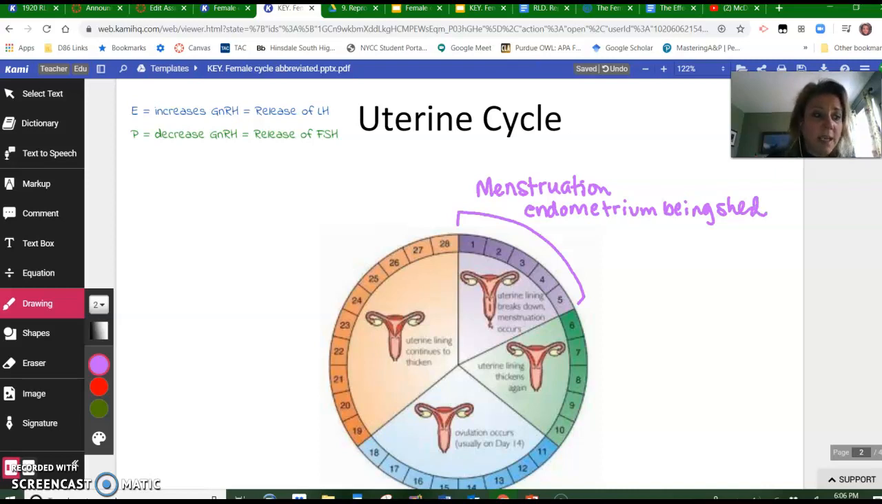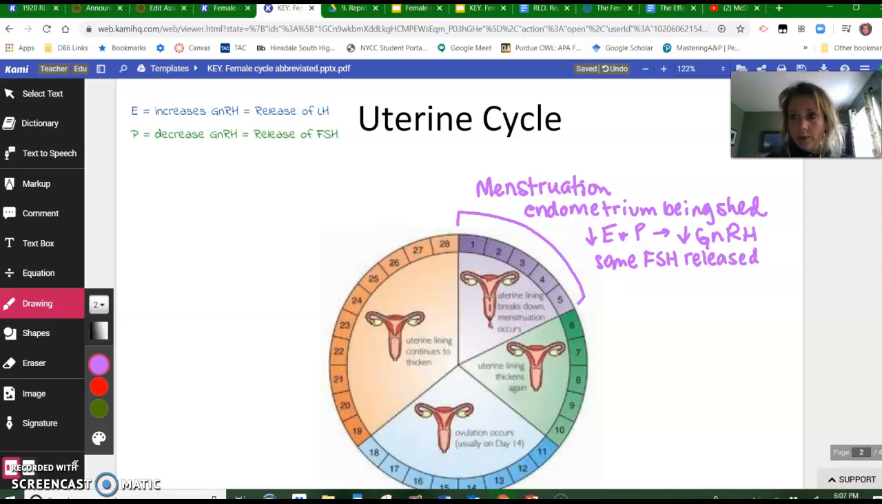Now, why is this happening? Well, the main reason is because the corpus luteum from the previous ovulation has now shrunk in size, and so we are going to have a decrease in estrogen and also in progesterone. We're also going to have a decrease in